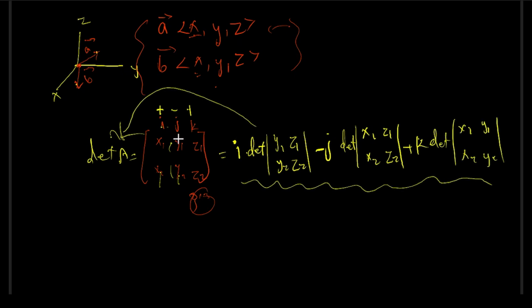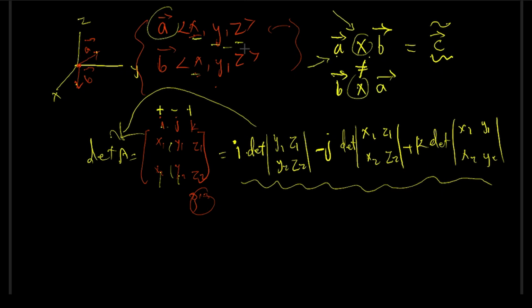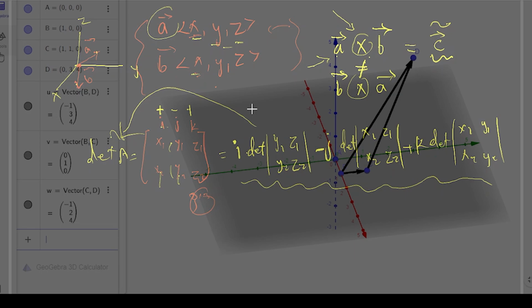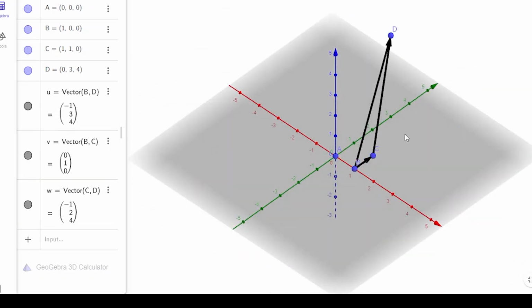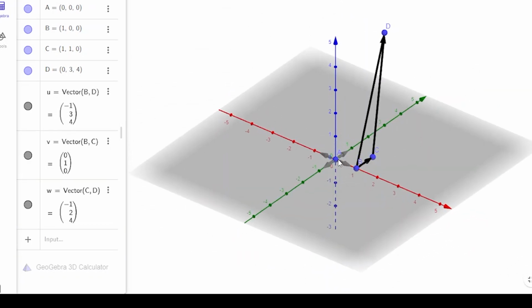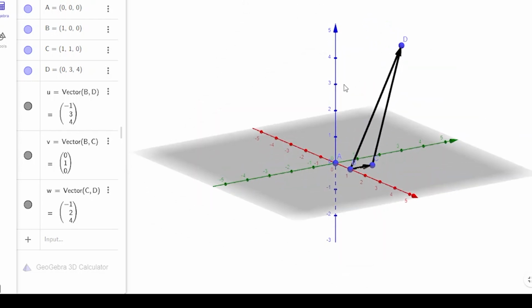The purpose of this is to introduce you to a concept which we call the cross product. The cross product will give you another vector, which we call the C vector. One thing you have to know is that A cross B isn't equal to B cross A. So let me show you a real example in 3 dimensions. We have this triangle from these 3 points in space. I'm not connecting from the origin. If I ask you, what is the area